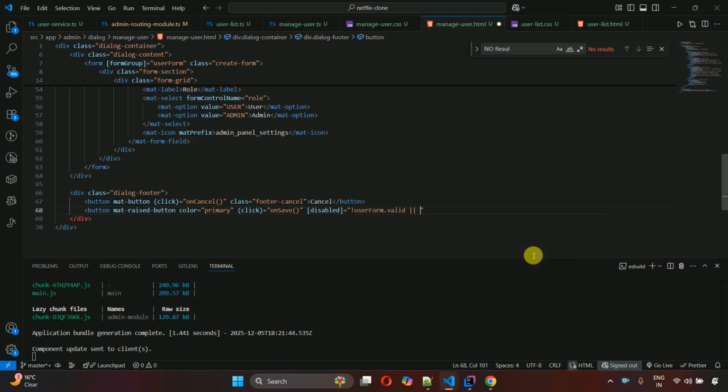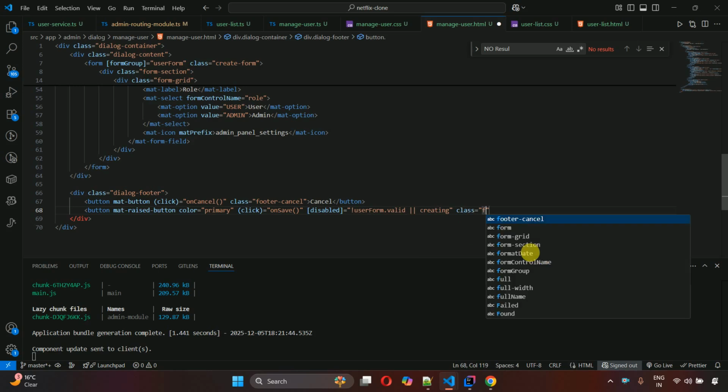If not valid, we are going to disable the button, so whenever it's loading the page, right? So footer-save,